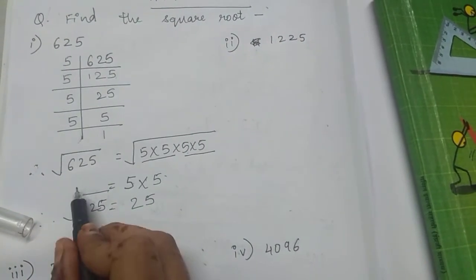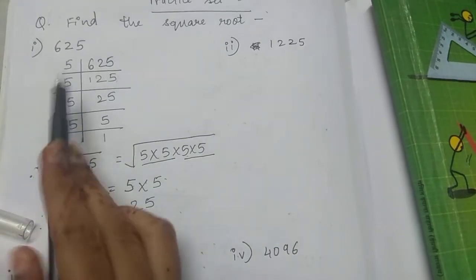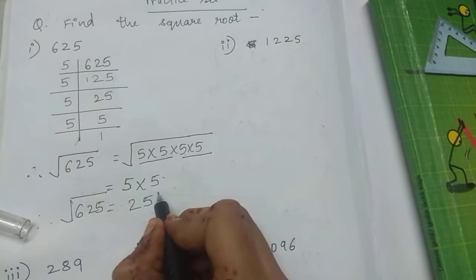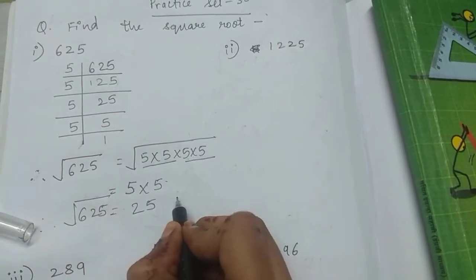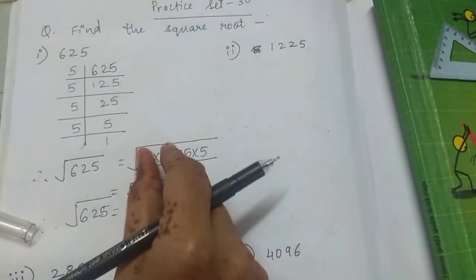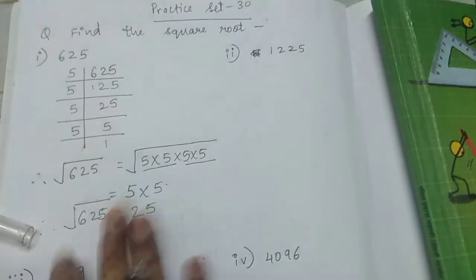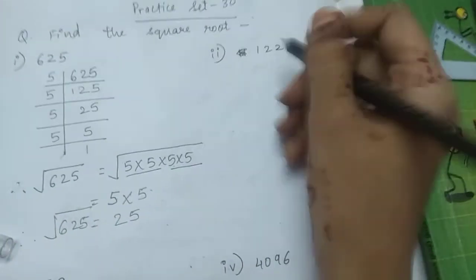See, the square root sign is only for the 625. Here we are not putting a square root, neither are we putting a square. It's just the number because we have taken it out from the square root. Okay, so it's done. Next.